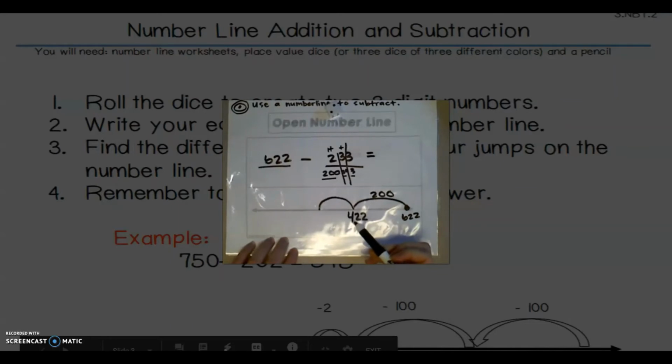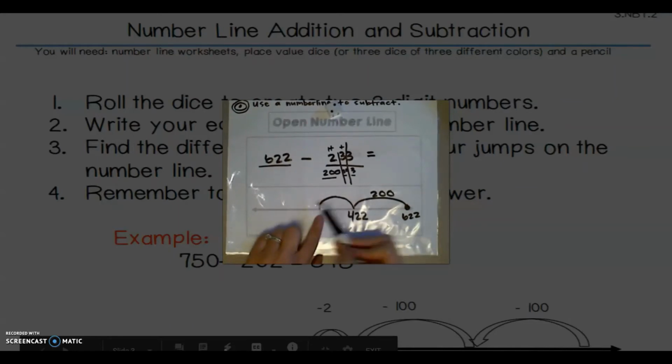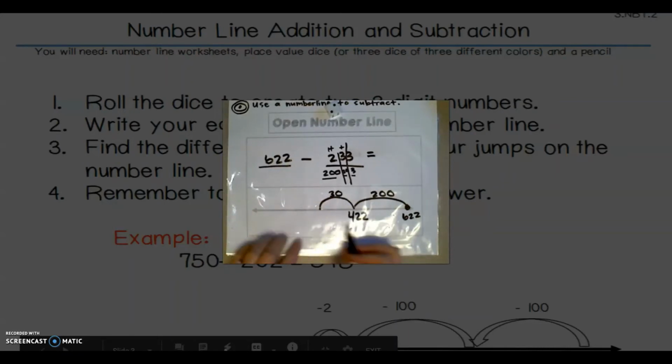If it's easier for you to break this up into 20 and a 10, you could do that. You could also break it up into 3 tens. We're going to start with 30. So 422, if I take off that 20, it's going to be 402. If I take off 10 more for a total of 30, it's going to be